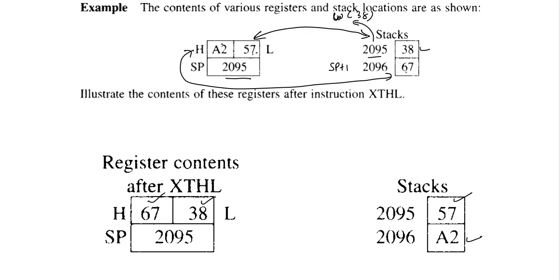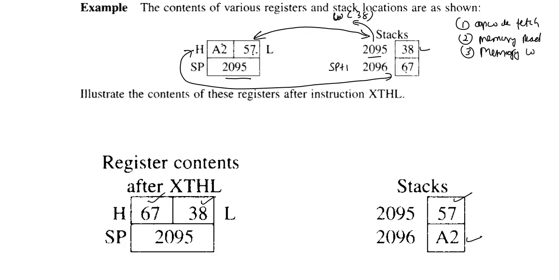Now we can move the new data to this location. So the first machine cycle will be opcode fetch, and the second machine cycle will be reading this location and moving the data to the internal temporary register. So we are reading this data, that is memory read. After that, we are moving the data to this location, that is memory write. So it means for one exchange, we have to do two machine cycles, memory read and memory write.